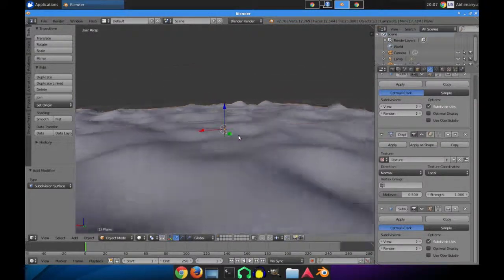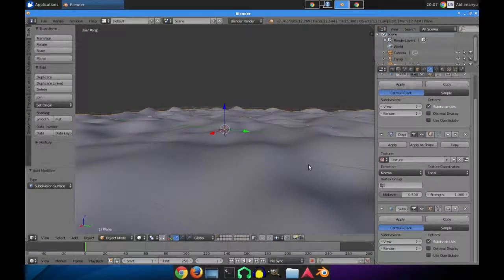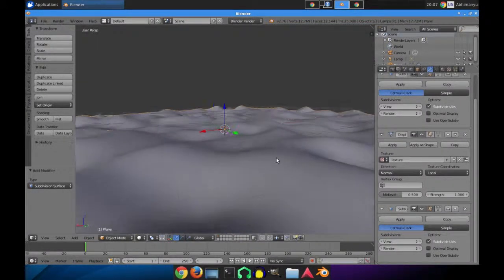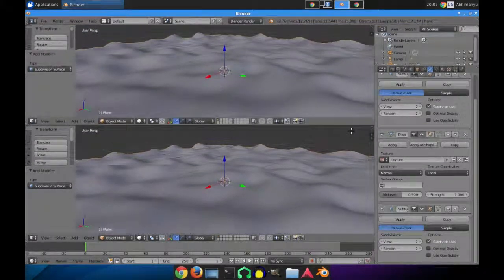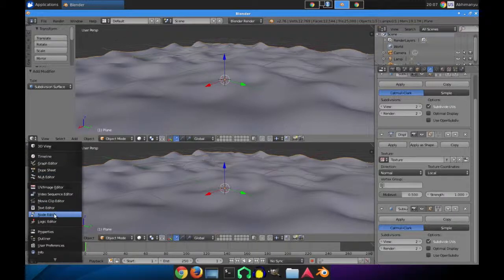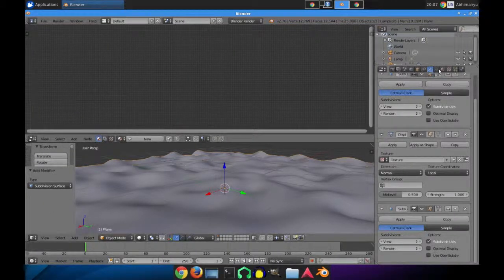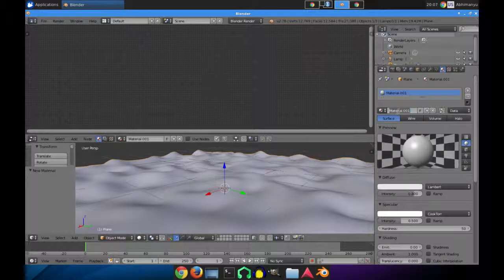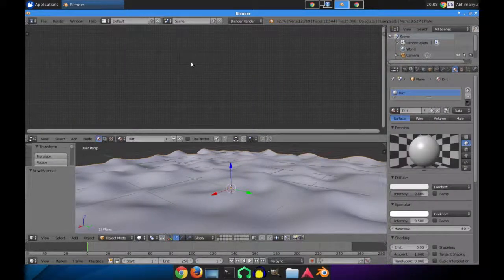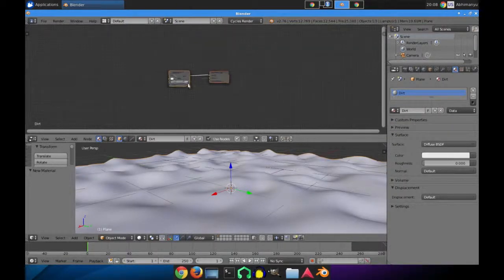So now this will be our land, our terrain, and we'll add a texture to it. Now let's go to the node editor, add a new material, I'll call it dirt, and we can make a simple material, and gradually after that I'll progress to a more advanced one. So I'll go into the Cycles engine, use nodes,